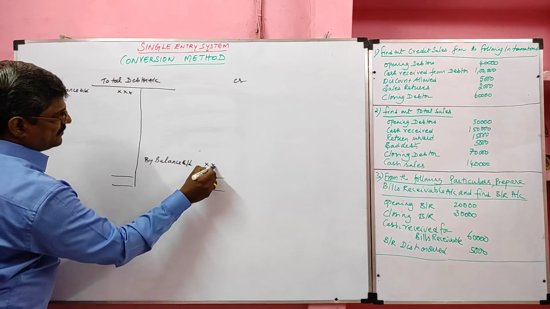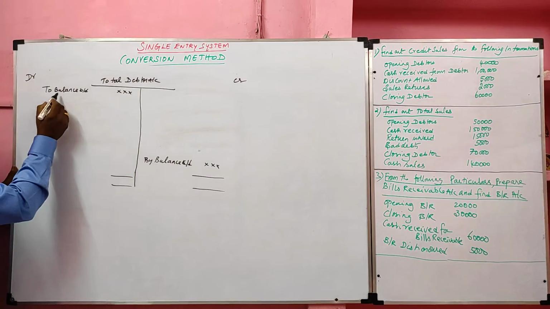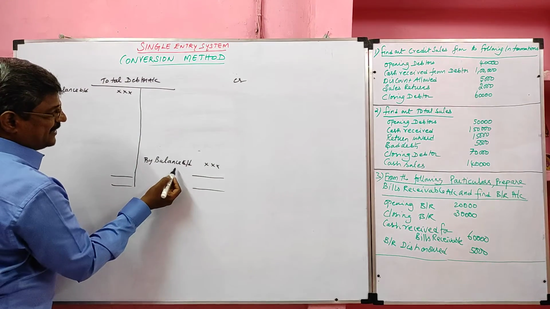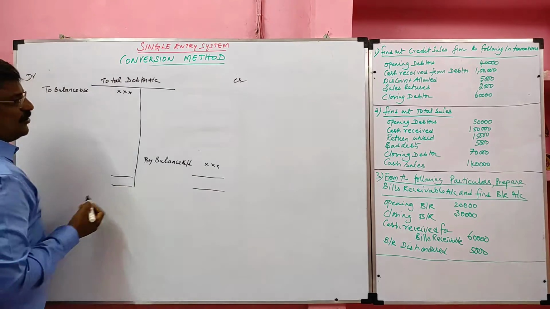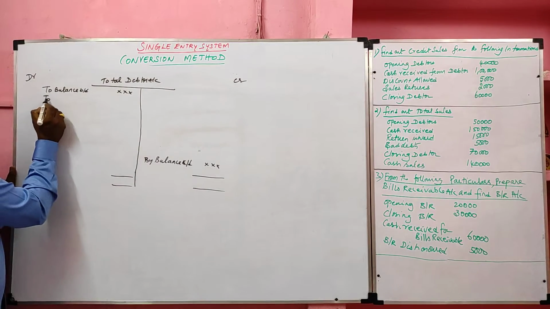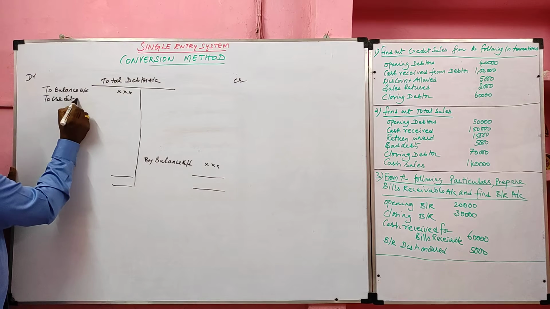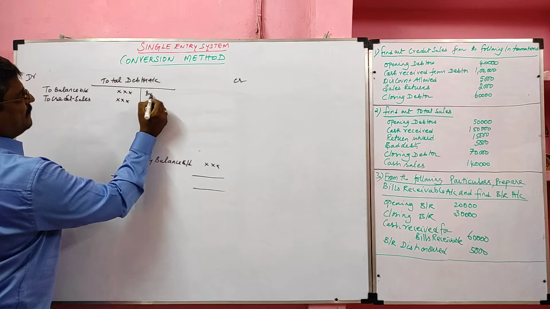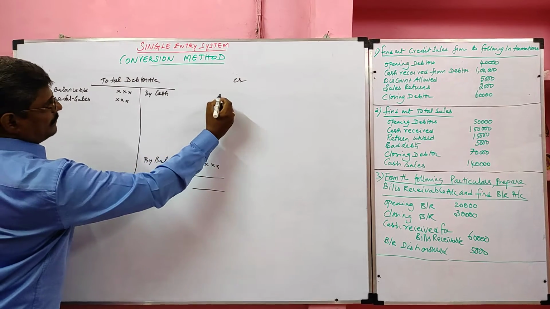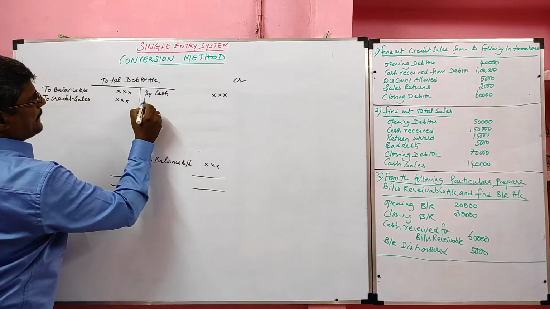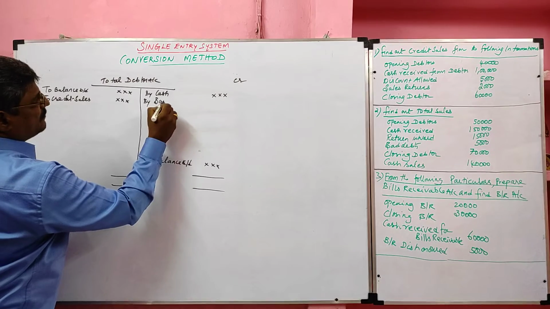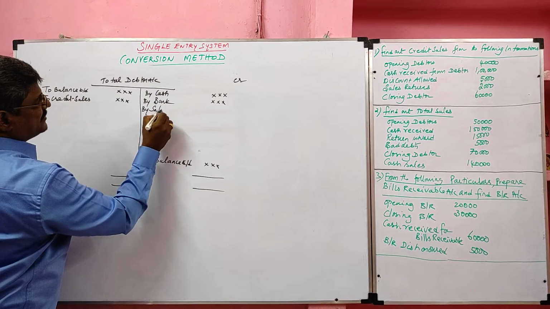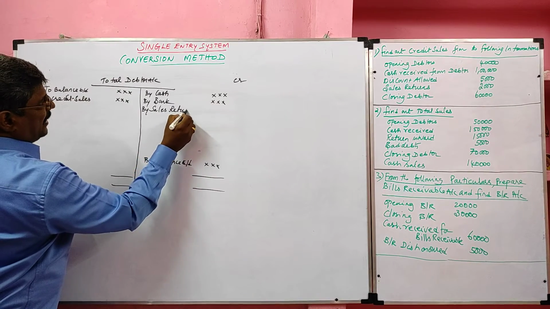In the total debtor account, the debit side starts with the opening balance of debtor. It ends on the credit side with by balance sheet, that is called closing debtor. Then on the debit side we have to write credit sales. Then on the credit side, by cash received from debtor, by cheque received from debtor, by sales returns from the debtor,